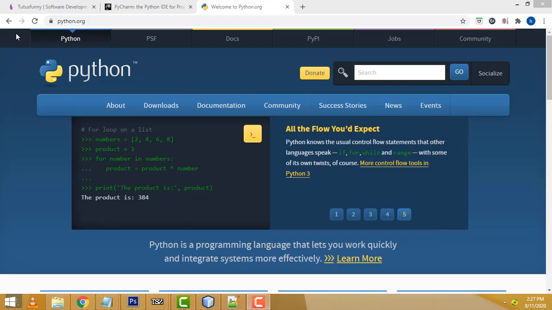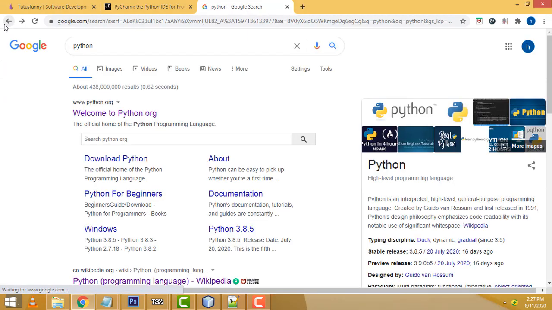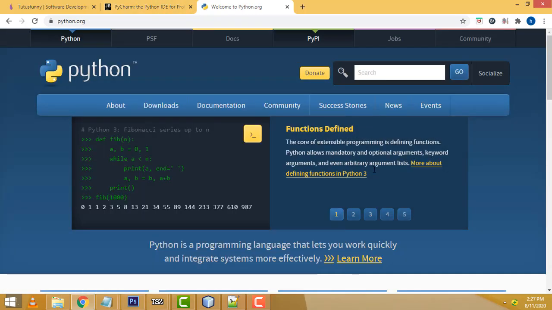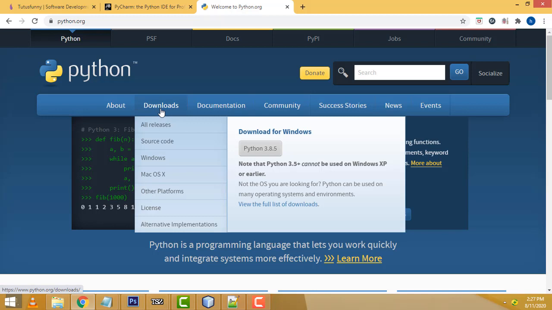Now here, if you want to download Python, you just type Python on Google. You can get the first website that looks like this, www.python.org. This is the official website of Python programming. You just click the link, right? It will take you to the official website. You will be able to download the software here. There will be the download. This is the latest version. You just click and download it to your machine, right?